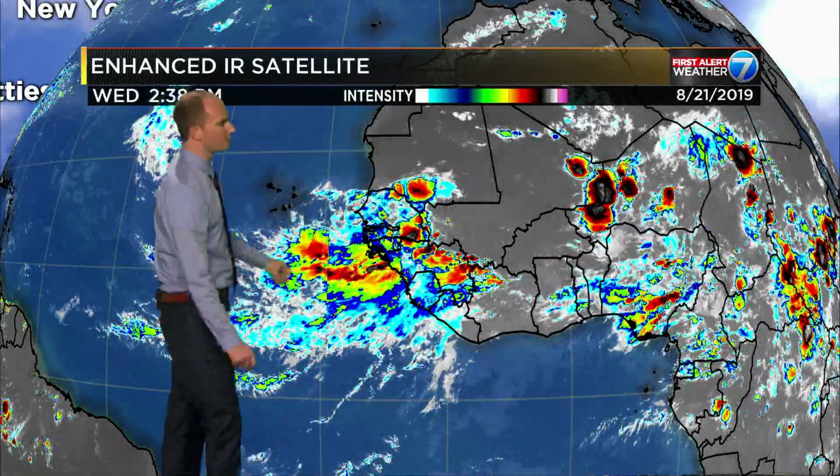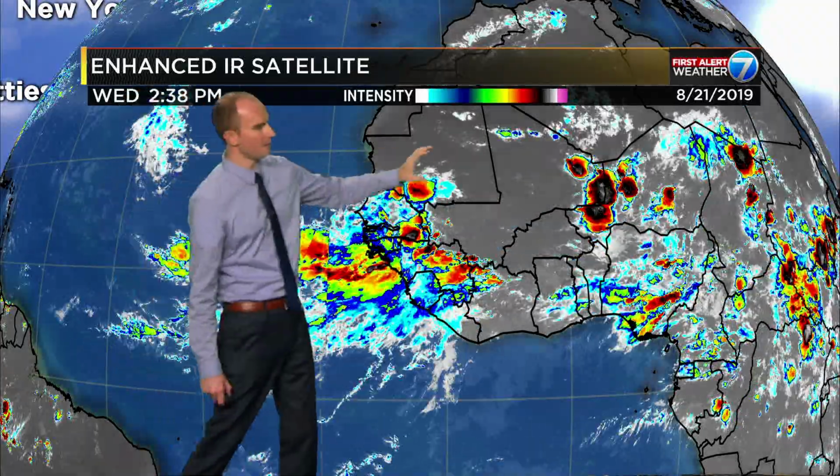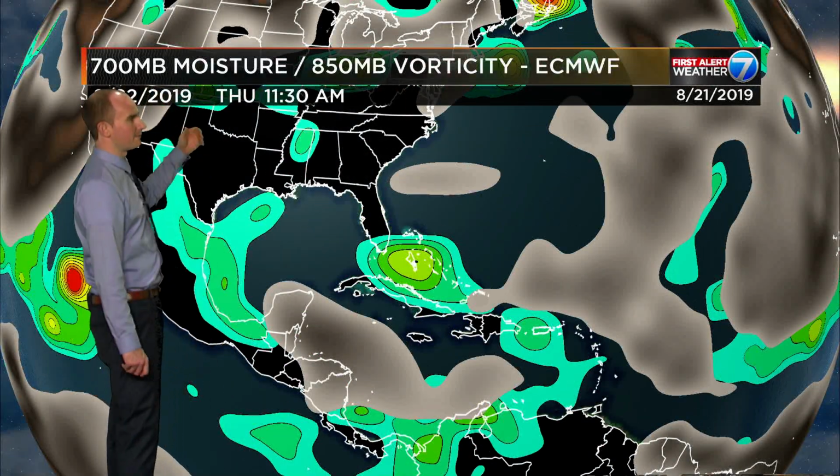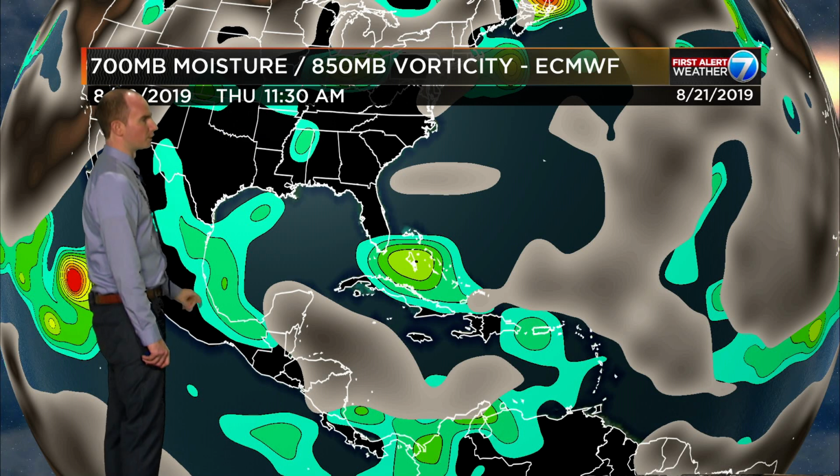Pretty robust in terms of convection. We'll have to see if this holds. Most of the modeling says that this one may fall apart, but the one back in behind it may hold on and do something as we head through the next couple of days. 700 millibar moisture, 850 vorticity map showing